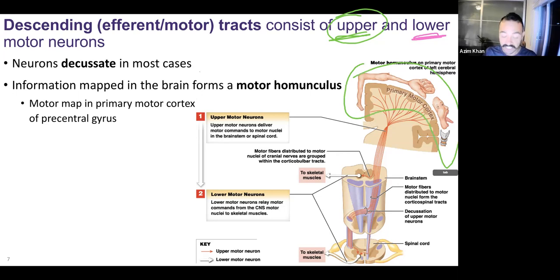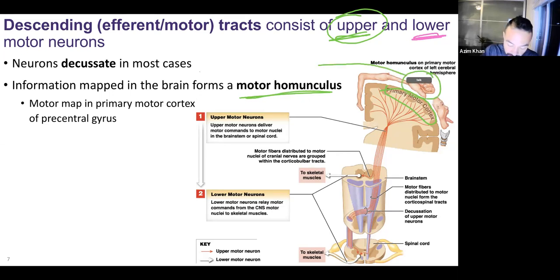And once again, you'll see a funny shaped human mapped out here. You don't actually have that map on your brain. It's just our mapping so we know where these different areas come from. But here we're starting not in the primary somatosensory cortex, we're starting in the primary motor cortex of the precentral gyrus of the frontal lobe. And we do have that similar mapping. We have a motor homunculus. Areas that are larger, like the hand, that means that there are more muscles to control. You have fine-tuned movement, fine-tuned control.